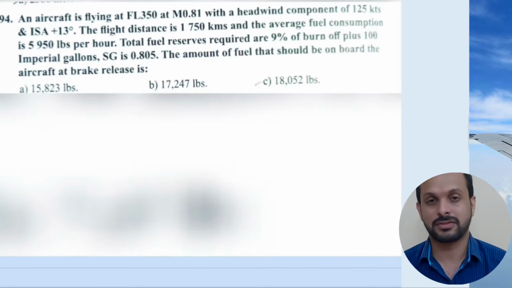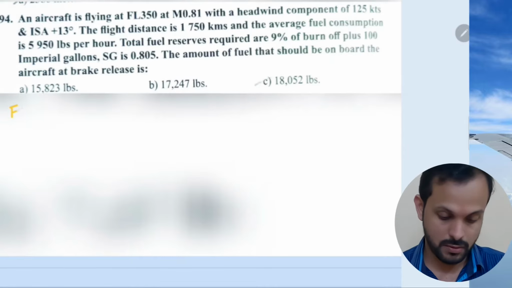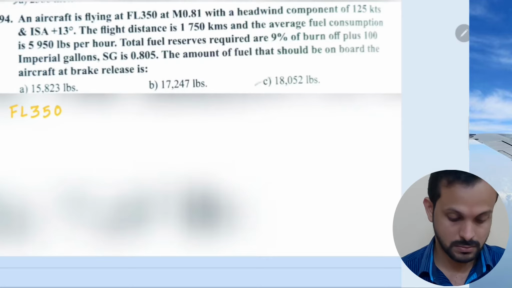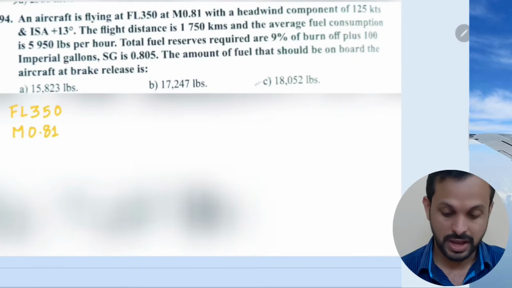An aircraft is flying at flight level 350 at Mach 0.81. Let's write the parameters down. Meanwhile, you can take a pause and read the entire question at your discretion. So the aircraft is flying at flight level 350, right? Mach number is 0.81, with a headwind component